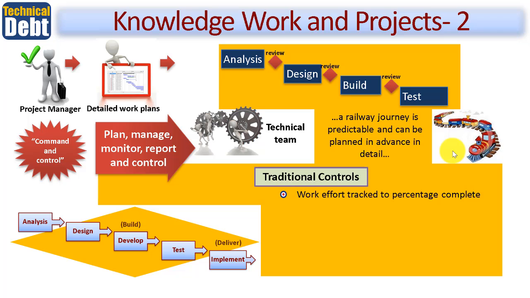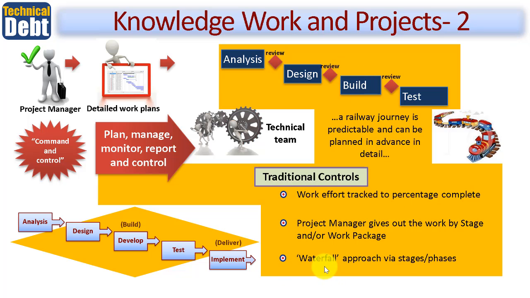The traditional controls you'd use here is the project manager would give out packages of work to the team who are creating the products, and this would be tracked using percentage complete in some form, whether it's capturing actual hours, planned hours and remaining hours, and tracking that through so that each work package is being tracked and controlled, hopefully to finish on time. The project manager therefore gives out these work packages within a given stage, and it continues as you go through the various stages. For example, analysis, design, build and test. Here you can see at the end of every stage you have a review point where you agree that, for example, in this case, the design is complete and has been approved and agreed before you start building.